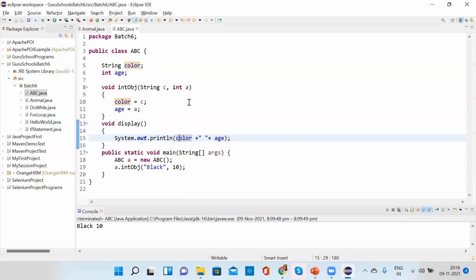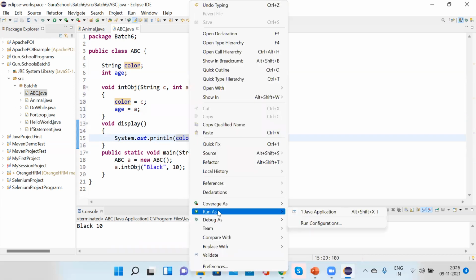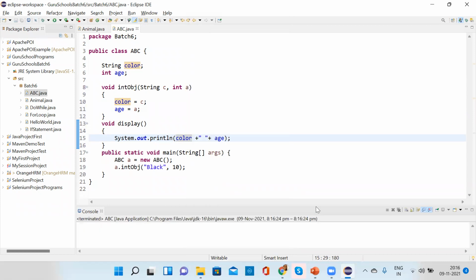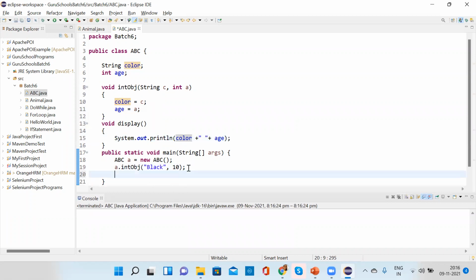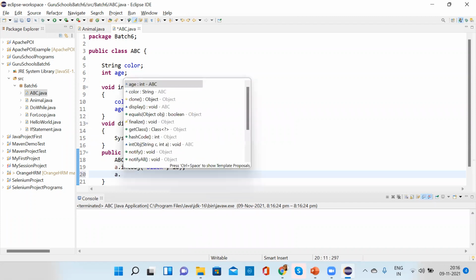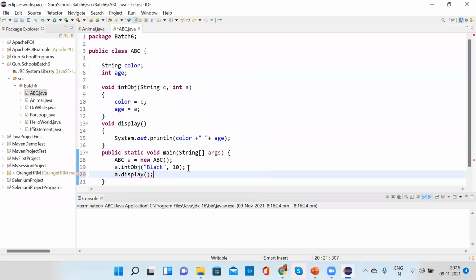So we'll run the program and see the output. We did not call the display method anywhere. Correct. How will it print if we are not calling the display method? So we have to call the display method for printing.